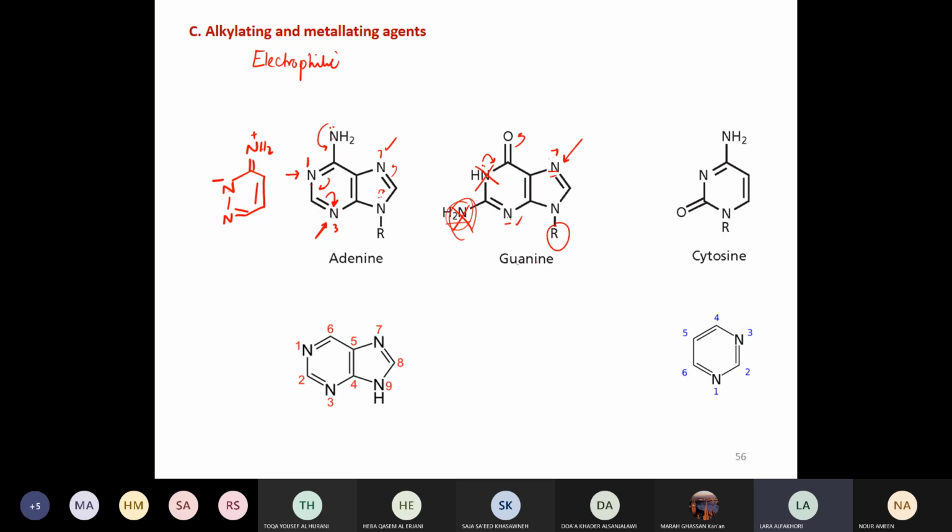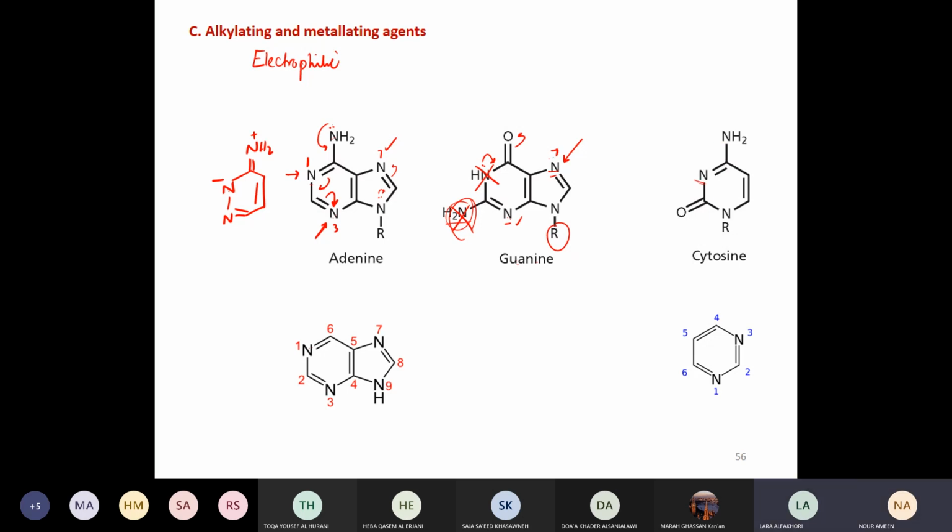Okay. طيب في حالة السيتوسين, which nitrogen you think is the most nucleophilic? خليني أشيل هاي. برضو كمان السيتوسين, which is a pyrimidine, also numbering بالبيريميدين nucleic bases اللي هم السيتوسين واليوراسيل أو الثيامين. دائما the numbering is the same. The two nitrogens will take numbers 1 and 3. Okay. في حالة السيتوسين, is this nitrogen بعتبرها nucleophilic?